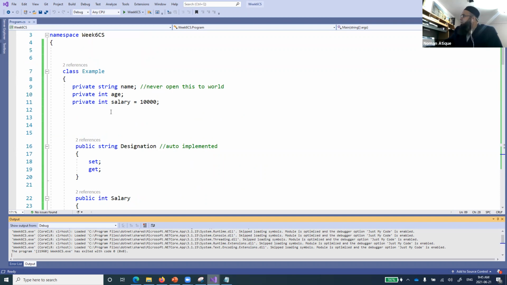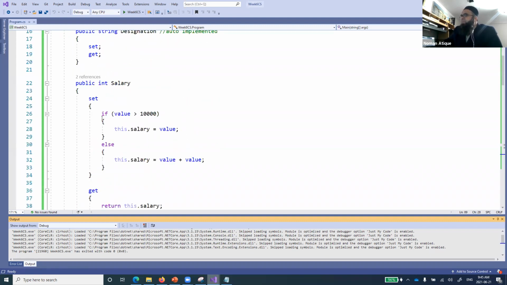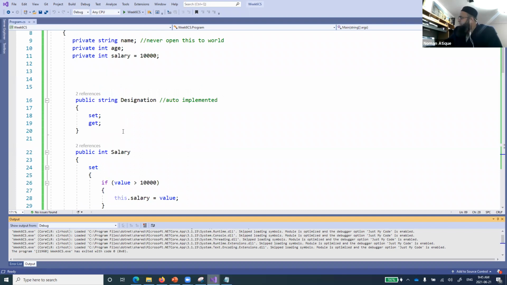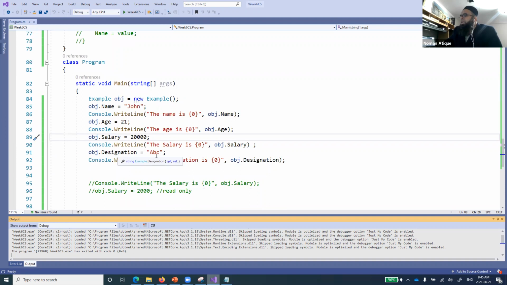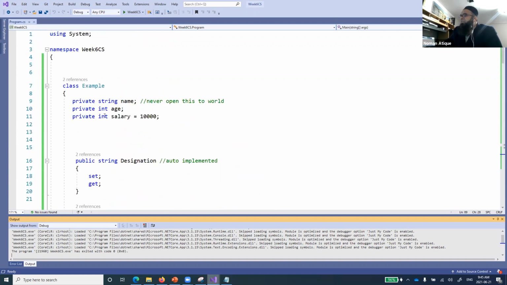Because designation has not been defined as a variable. So if it has not been defined as a variable, and I access this one because it is a property, then the compiler intelligently does what? It goes and creates a designation private variable over here. Are you people getting that?